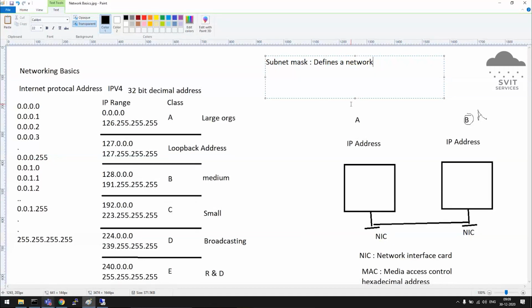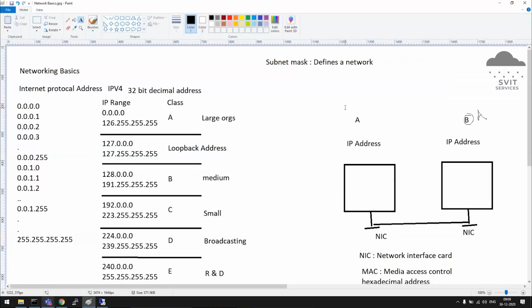It defines basically which network a particular device belongs to. Okay. So here I'll give some default subnet masks.